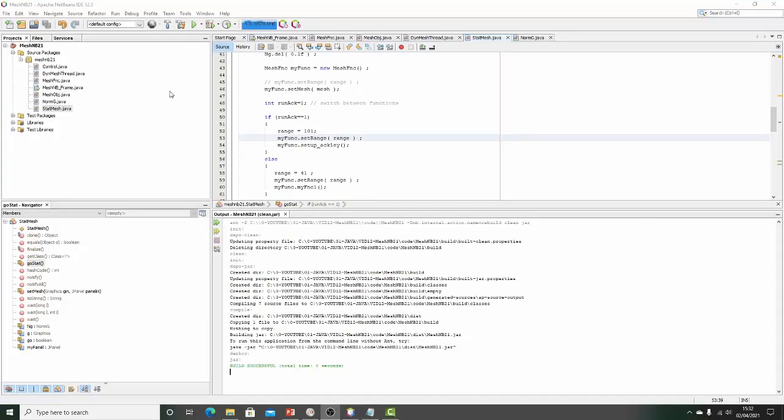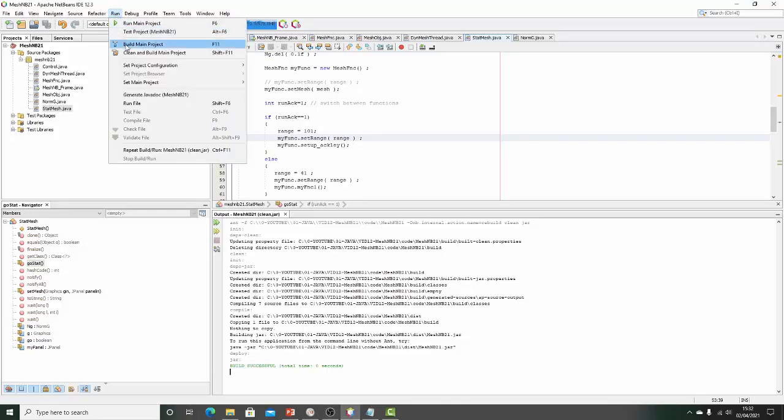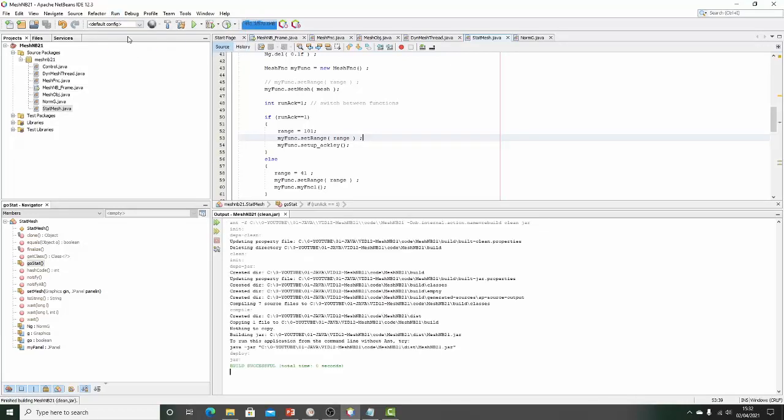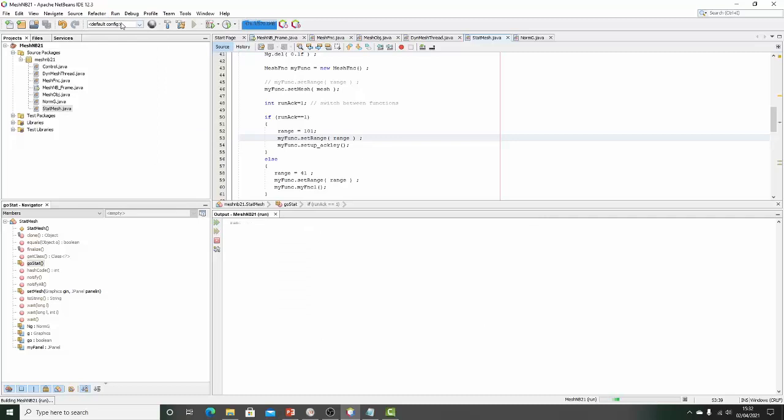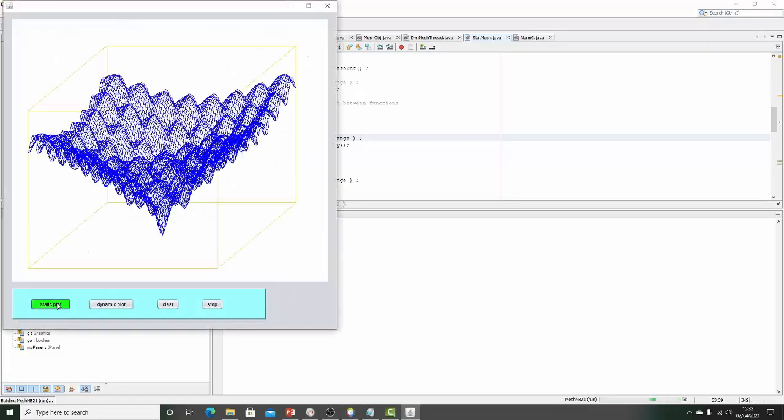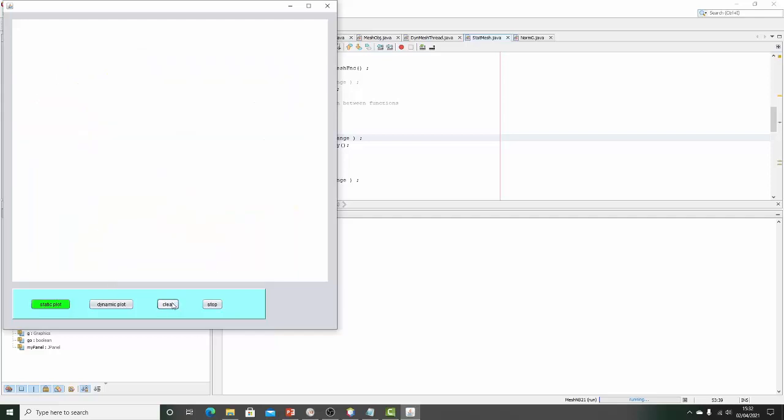I've loaded the project Mesh Netbeans 21 into Netbeans. I'll do a clean compile and run it. This is the Ackley function. That represents 0, and this represents somewhere around 0.8, so it fits into the box. I can clear that